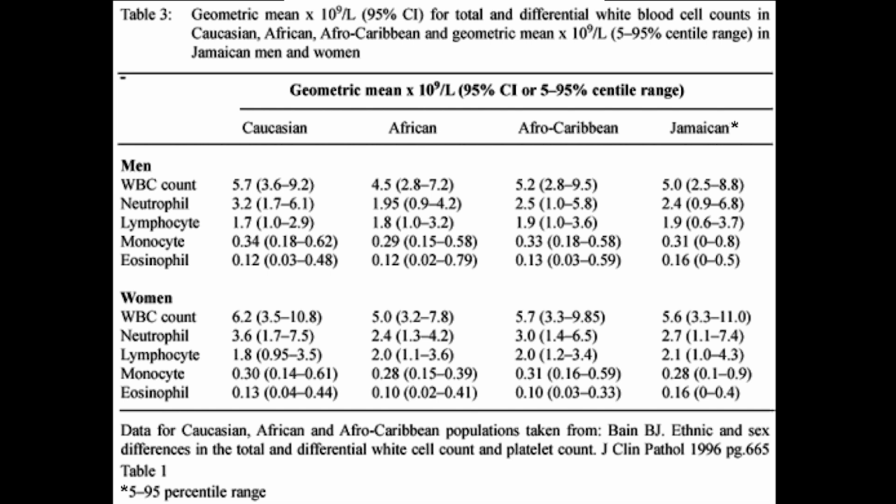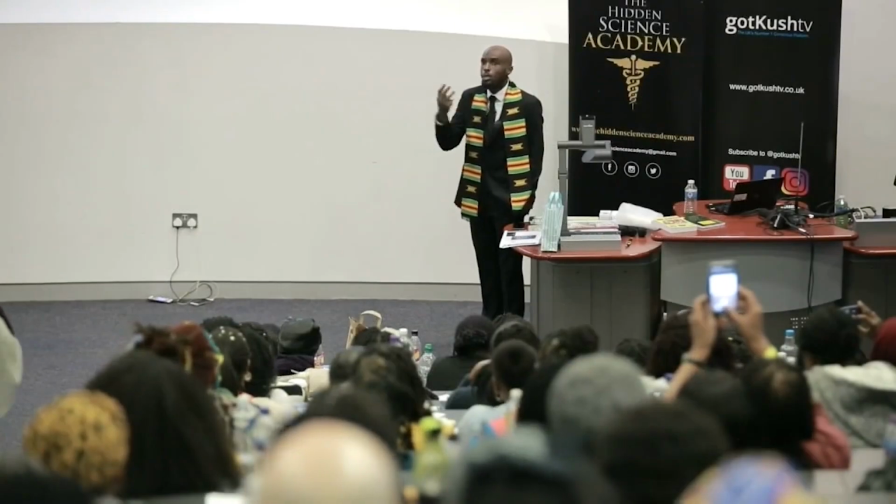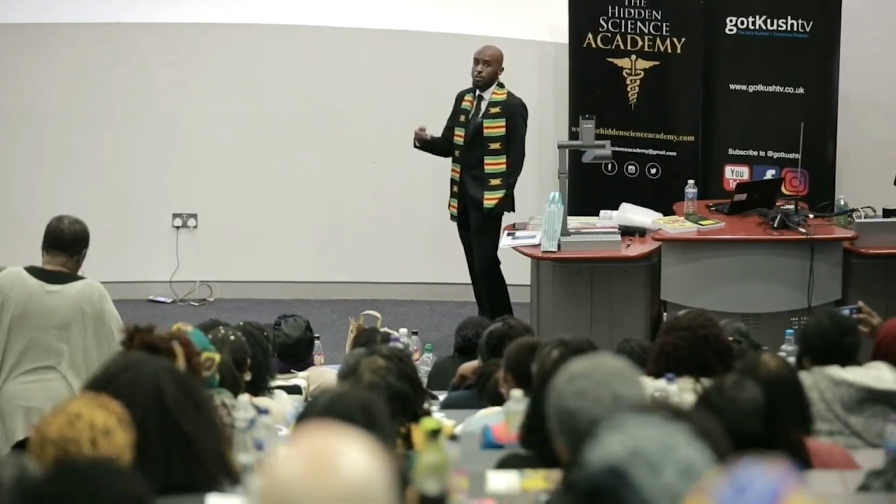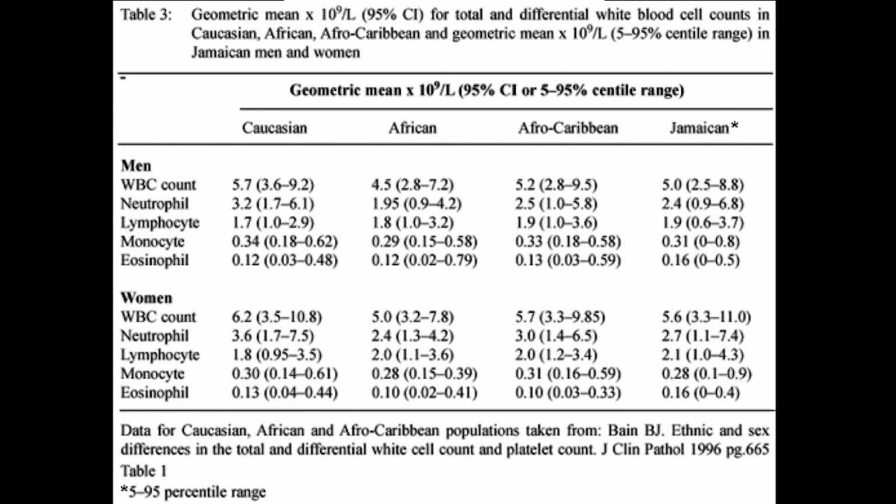Why? Because according to me, white blood cells are not your immune system. Vitamin D is. So if you're out in Africa, out in the sun, you don't need white blood cells, you need more vitamin D. However, if you're from a different climate, you might need more white blood cells, yeah? So naturally, Caucasians have higher white blood cell counts, which could, in them, lead to fertility. According to who? Well, according to the evidence.